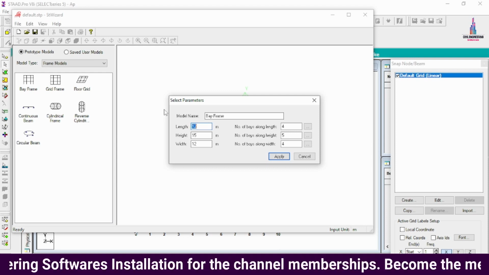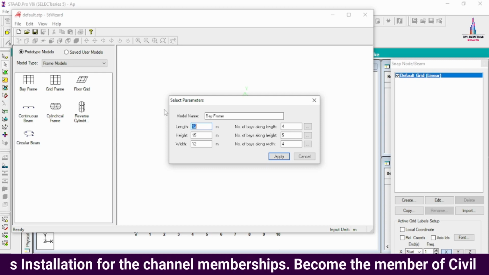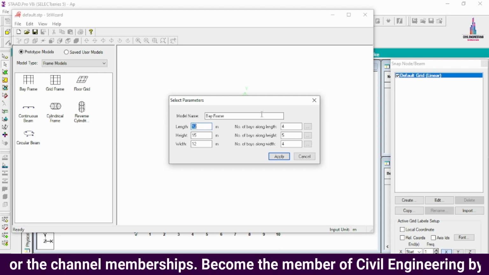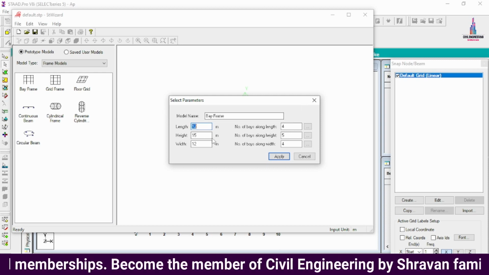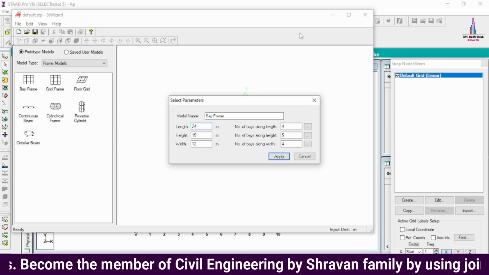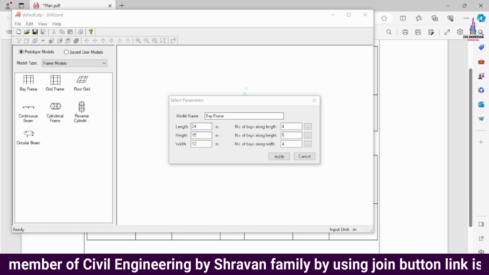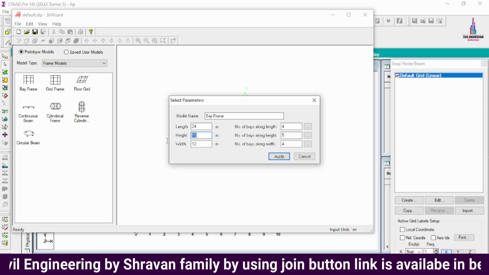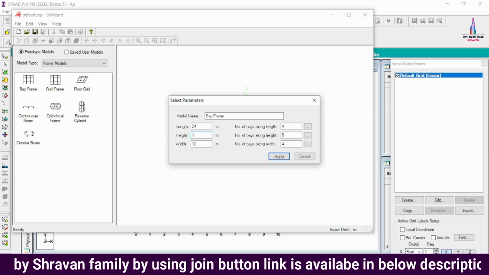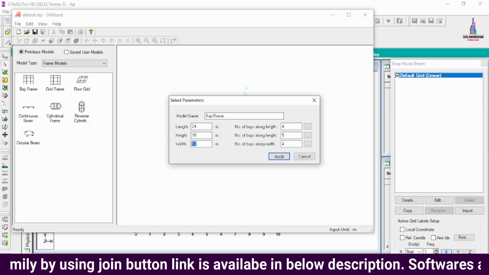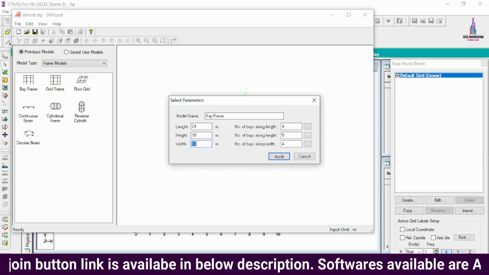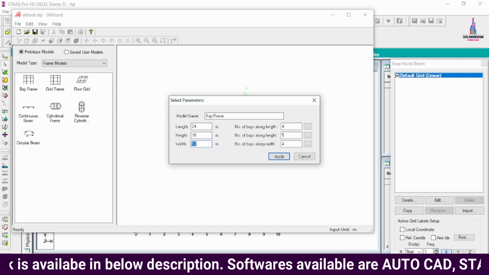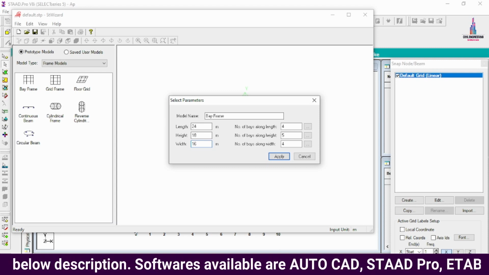In the same process, we have to consider the length of the building. According to the plan, we considered the length of the building as approximately 24 meters here. We already calculated that value, which is showing in the plan. So the height of the building is approximately 18 meters for the G+5 building structural model. In the same process, we have to consider the width of the building. I am taking 16 meters for this.